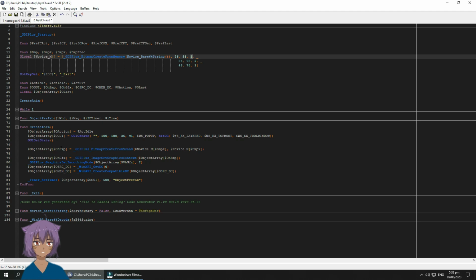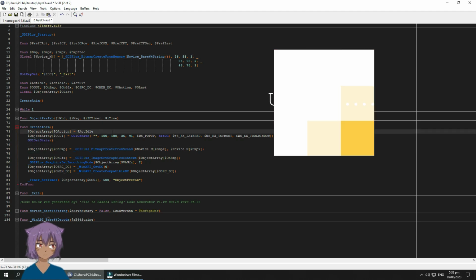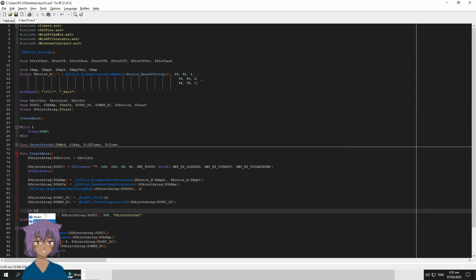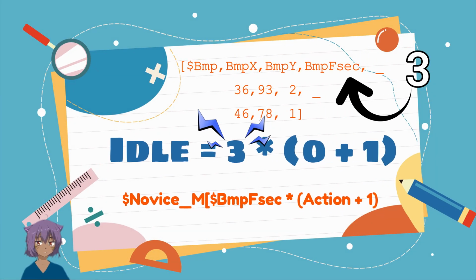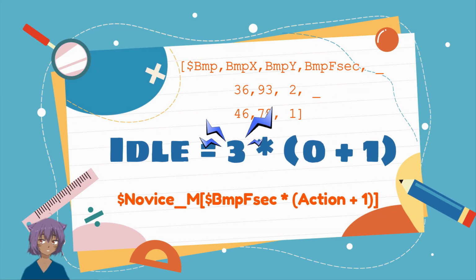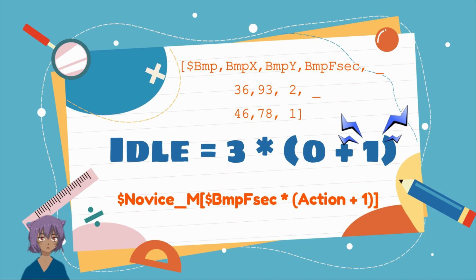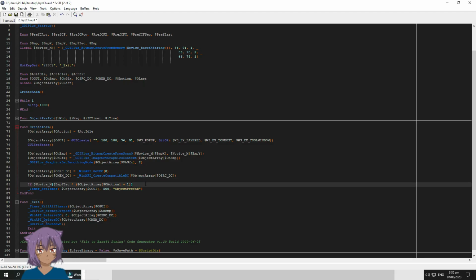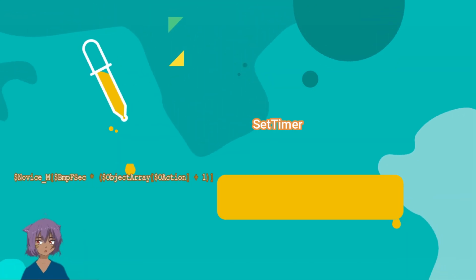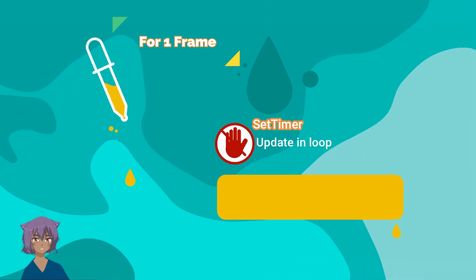When there's only 1 frame, rather than updating every time or calling the function object prefab, let's update it once and ignore the set timer. To do this, we need to add an if statement. Bitmap frame per second here is 3, we use this to jump, using multiplication by the number of the current frame and plus 1, so we won't get 0 for the value in idle action. And now if it has 1 frame, we have to ignore the set timer and just update the layered window